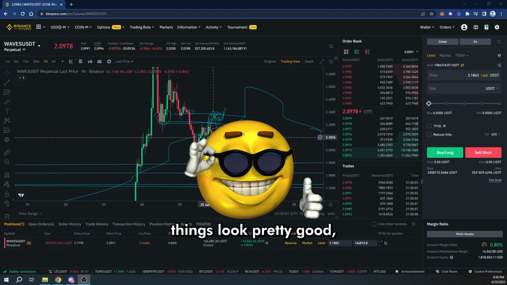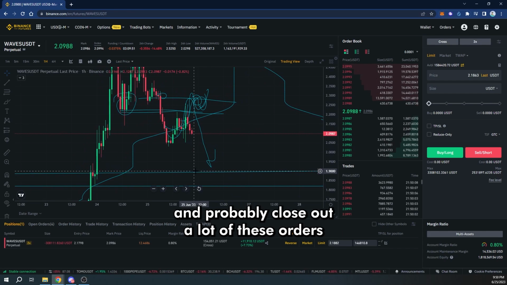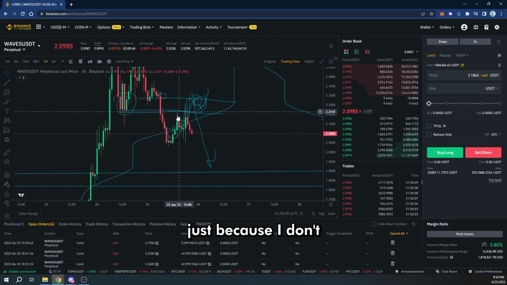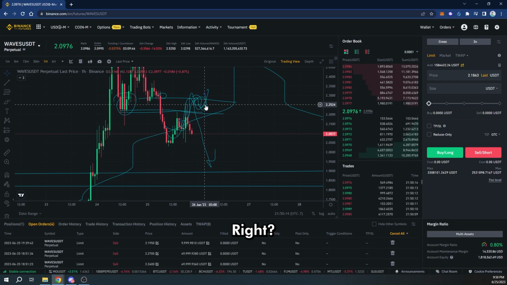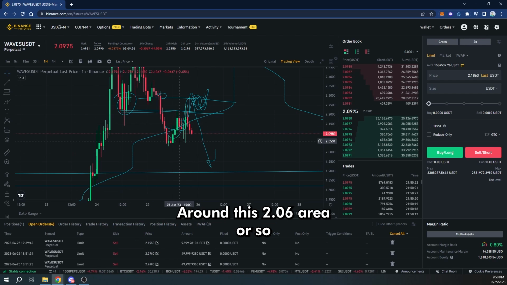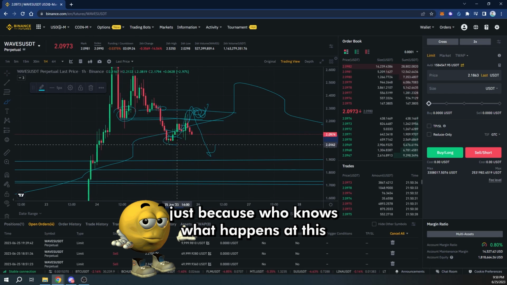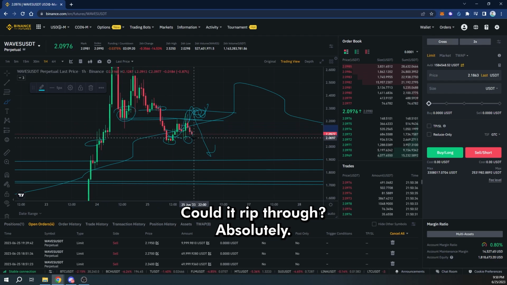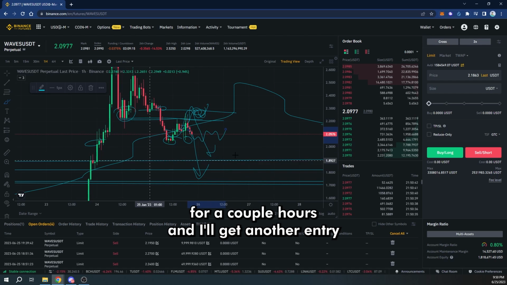That being said, things look pretty good. So I'm gonna go ahead and probably close out a lot of these orders just because I don't want to see a rejection here followed by a move up, right? So our stop loss now is actually above this 21 area, and I'm gonna start taking profit soon around this 206 area or so, just because who knows what happens at this, I guess, support, right? Could it rip through? Absolutely. Or it might just bounce here for a couple hours and I'll get another entry